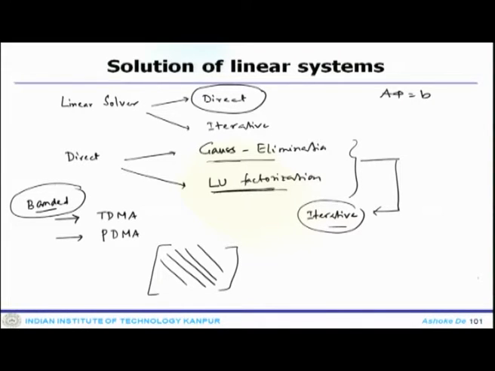Essentially, when you talk about the iterative process, it is advantageous over the direct method because the direct method is computationally expensive, especially for a large system. If you have a small system, then direct or iterative process may not give you a different overhead, but if you are talking about a large scale system, then the iterative process, which is very often used in any CFD code, is naturally preferred because it has a very low computational overhead.